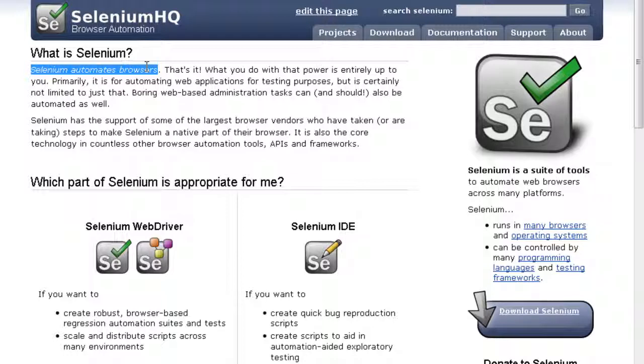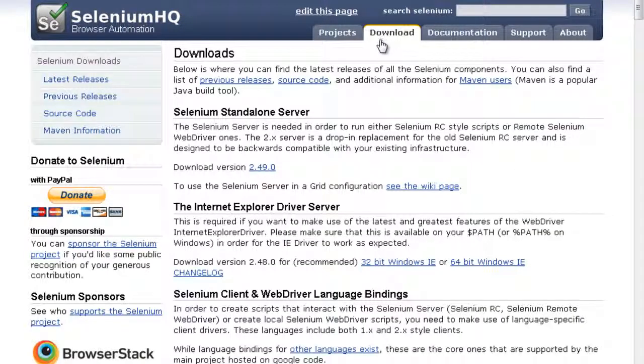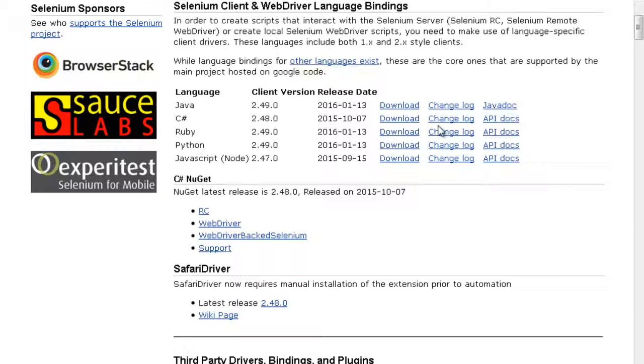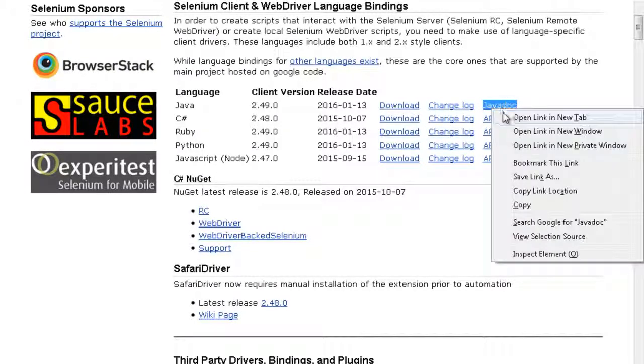First of all, Selenium is a tool which can only automate web-based applications, not desktop-based. QTP can do both, and that's why QTP still has a market, because if you have to test a desktop-based client, you need QTP. And if you go to the download section, you will see the link for Java docs for Selenium, with Java.